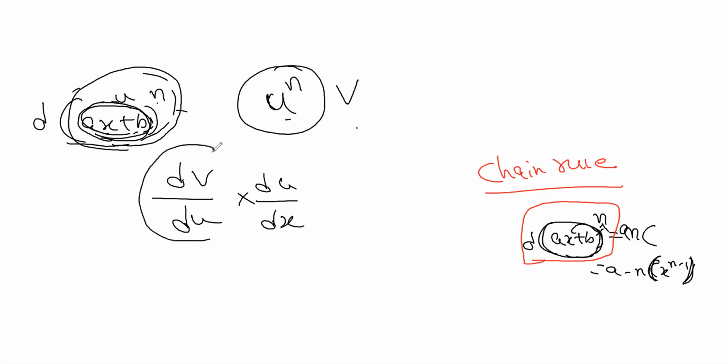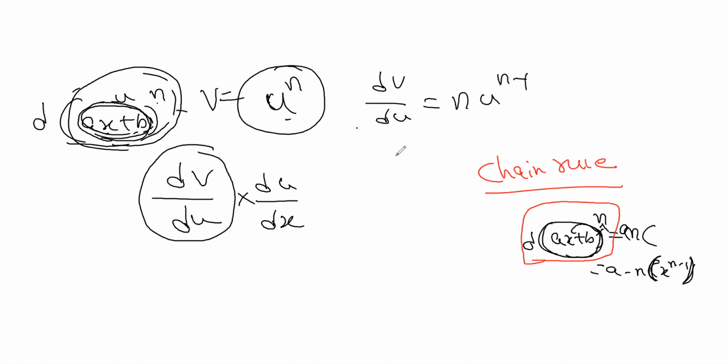First you are doing dv by du, right? This is v is equal to u to the power n, correct? If you do dv by du, you will get n into u to the power n minus 1, correct? And again if you do du by dx,